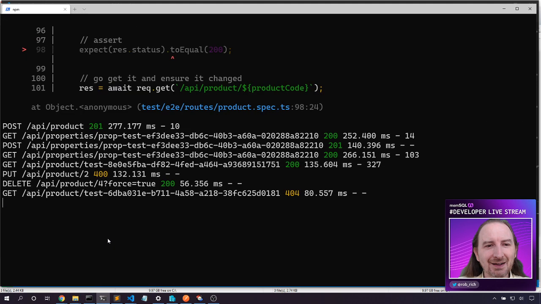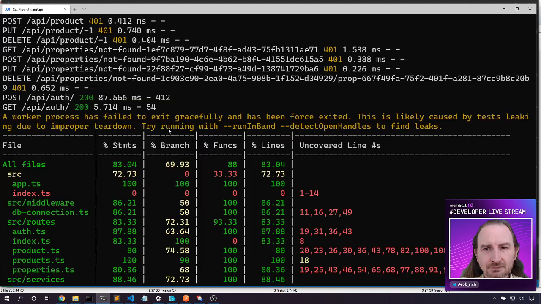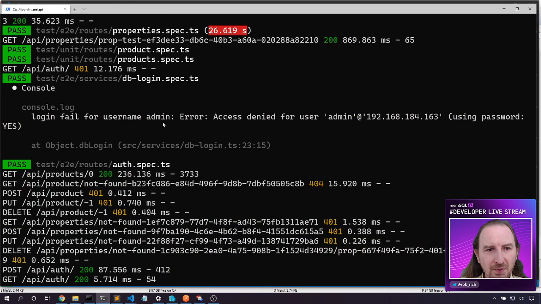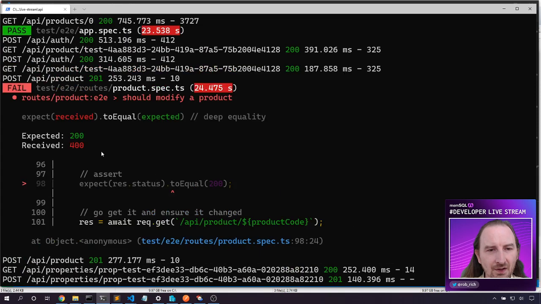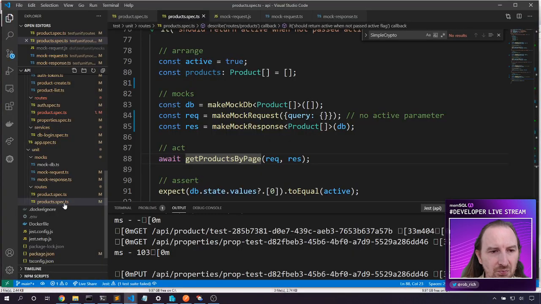Yes, here we go. There's a test fail. Ooh, it has failed to exit gracefully. We should probably go find where we're creating a connection and not closing it correctly. But anyway, probably because we've done some fails here. So it should modify a product. We're getting a 400. Yeah, we're getting a 400 because here in product.spec